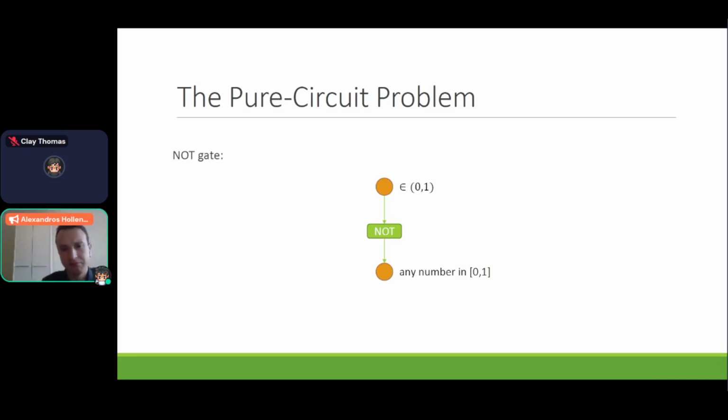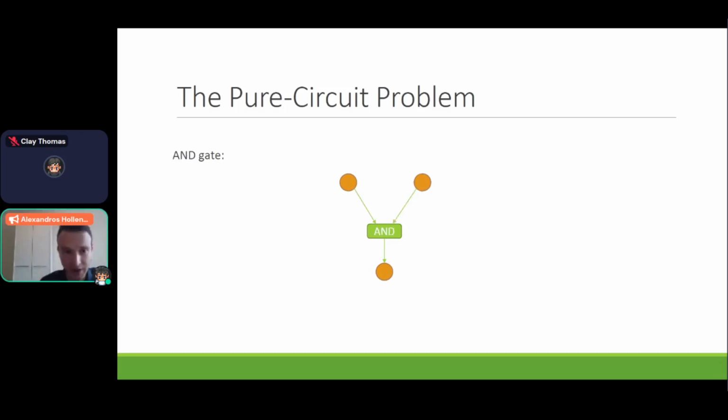Okay, so one way to think of it is that if the input is a pure bit, namely it's 0 or it's 1, then the NOT gate is going to care about the output. It's going to be satisfied only if the output is the correct computation, namely the negation of the input. But if the input is some non-pure bit, namely some value between 0 and 1 strictly, then the NOT gate is not going to impose any constraint whatsoever. It's going to be fine with any output value whatsoever.